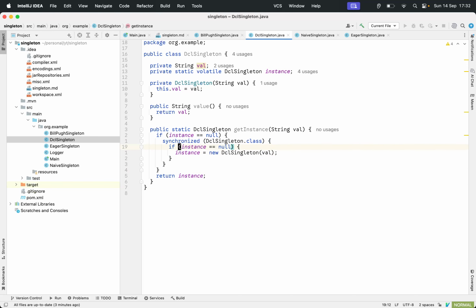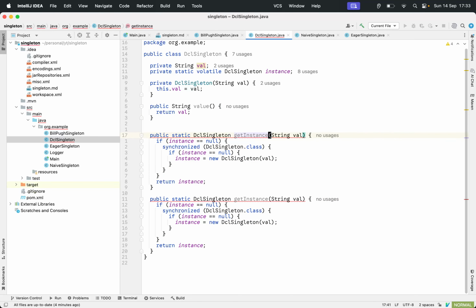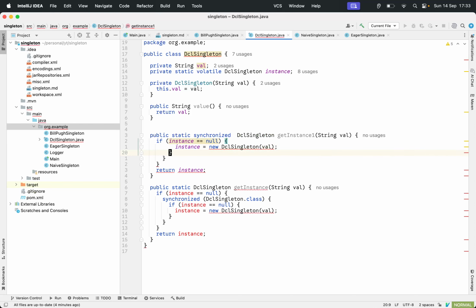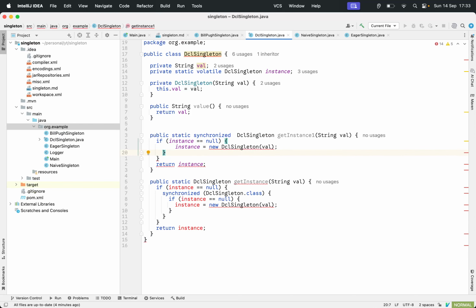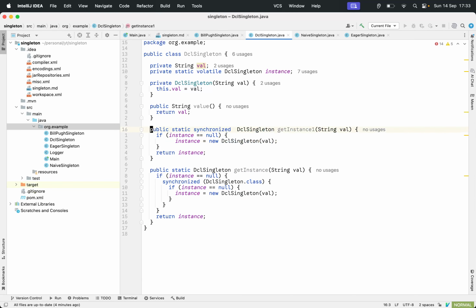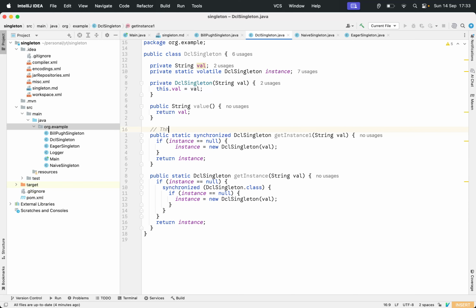Actually there is another way to implement this. Instead, you can put it like this. This also works, because of synchronized. What does it do? It will lock. So thread A is running.